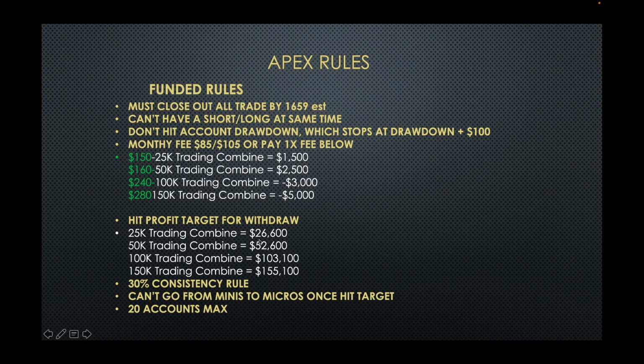So, to make the math easy again, we'll say once you hit $3,000, you're wanting to withdraw money. So the 30% consistency rule basically says you can't make more than $900, because you're looking at $5,300 in one day. If you do, that just goes up. You know, instead of 53, you might need 53,250 or 53,1 or whatever it is. You have to do the 30%.